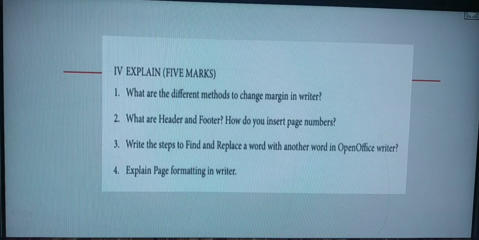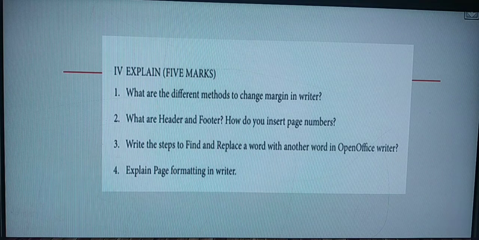It is: explain page formatting in Writer. Page formatting in Writer is in your book page number 83. You have page formatting, no? Yes, full you have to write. That is 6 point full. Here you have to include the introduction, then setting the page size, then changing page margin, orientation, page color. Yes, till this you have to write. Okay? So clear with the page formatting in Writer.